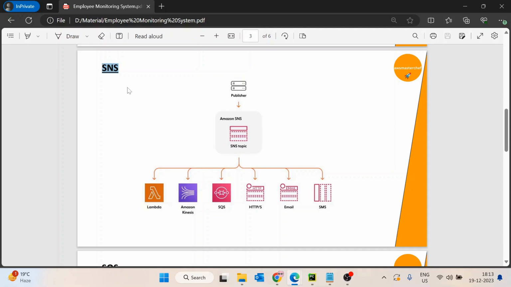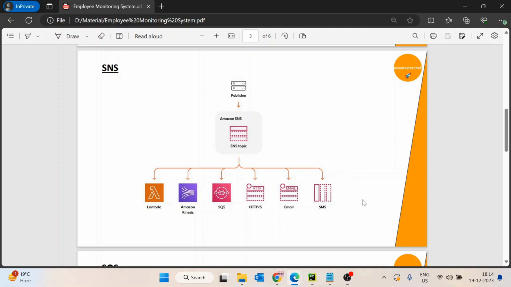Take an example. Let us suppose we have withdrawn some amount of money from our bank account. You will receive a notification on your email and on your phone as well, right? That is application to person communication. What we will do is publish a message onto Amazon SNS, like: this amount has been debited from this user's account. SNS will then forward this message to all the configured subscribers.